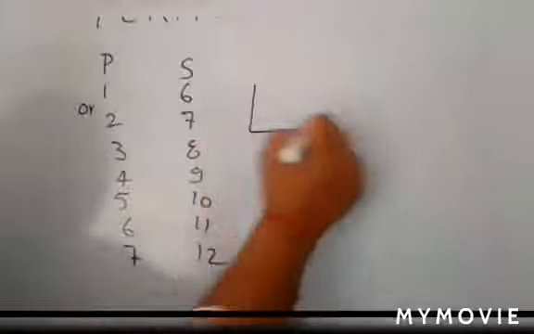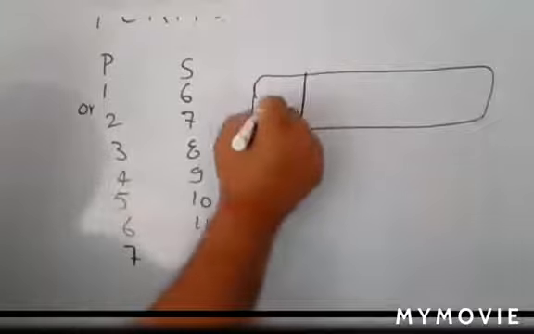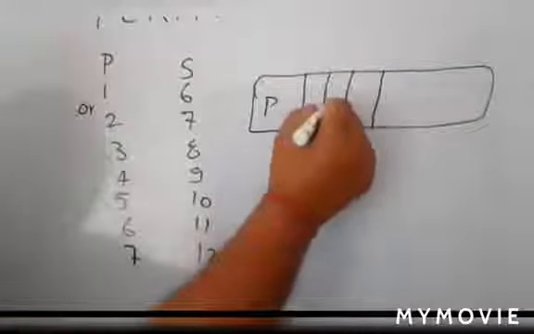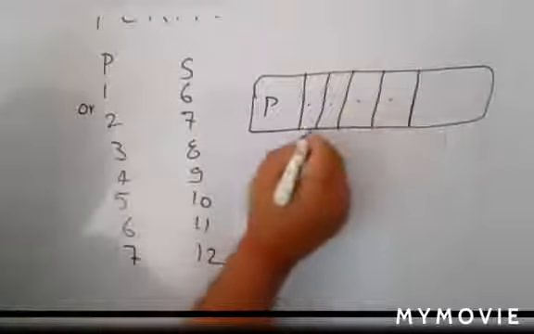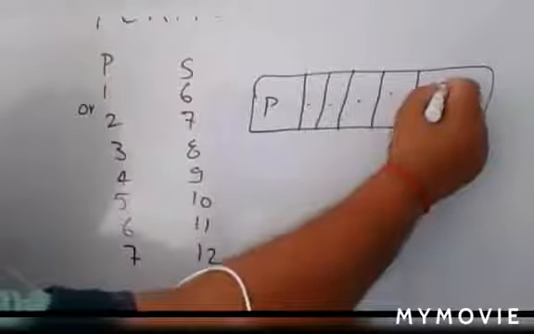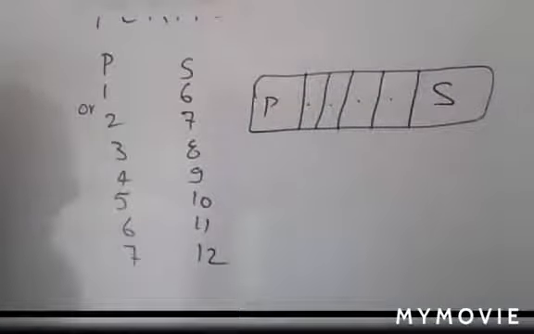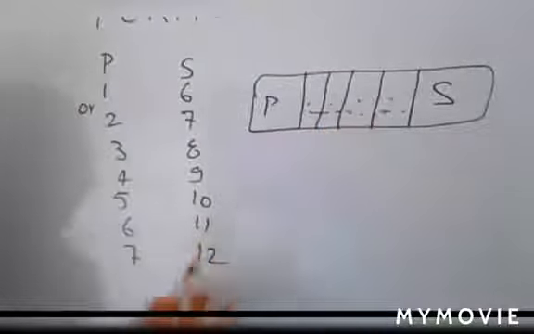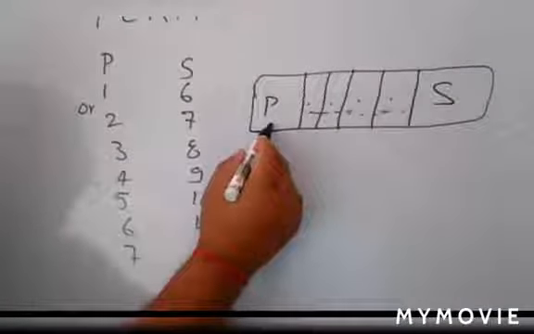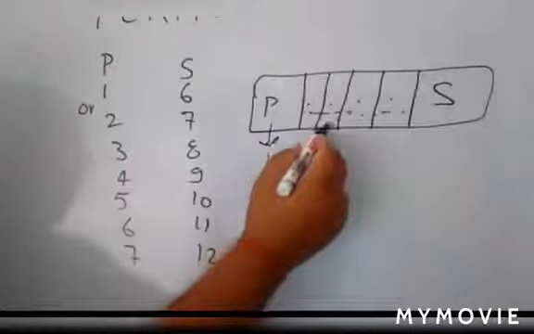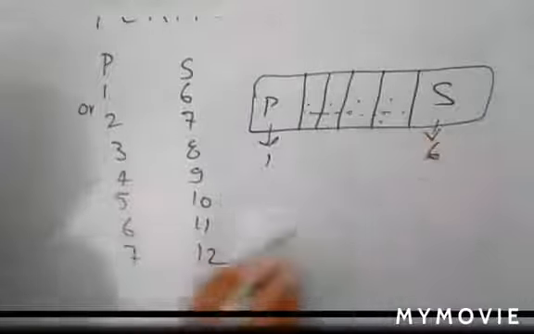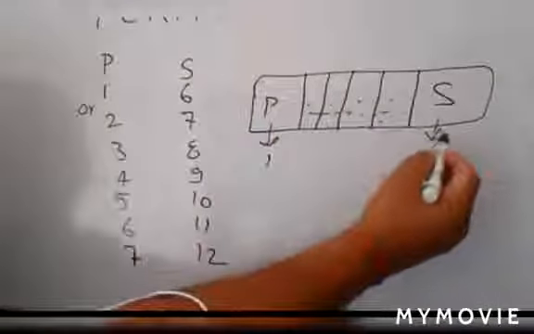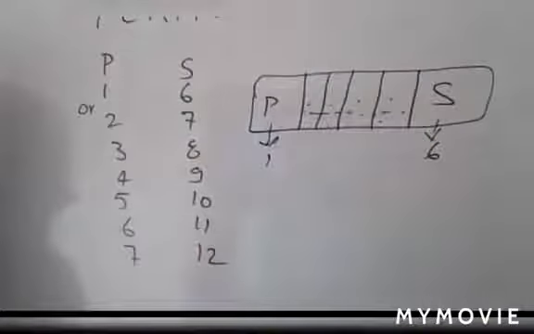Just see here with the help of this figure. Suppose you write P at the first position. So 1, 2, 3, 4, means 4 places are blank. Then you write S here. In this way, 4 letters can be inserted at this position. So just count it. Here you have the first position for P. So 2nd, 3rd, 4th, 5th, and this is your 6th position. That's why I have written here: the first position is the position of P, then the position of S is 6. Getting, everyone?